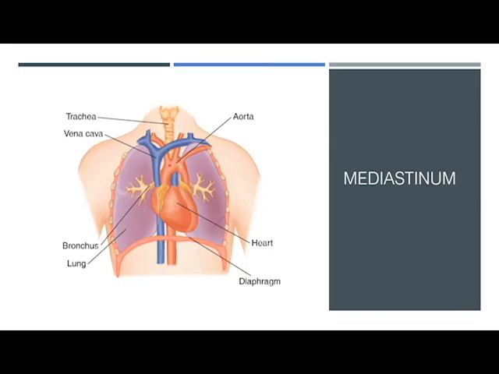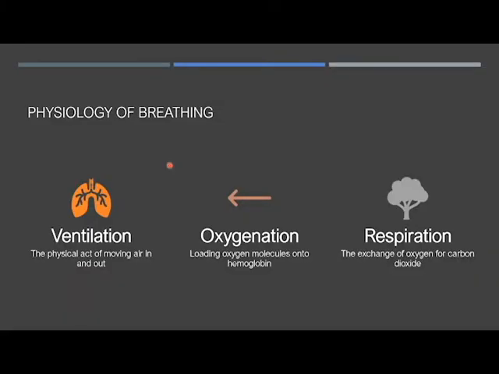Okay. So moving on from anatomy, we have a little bit of physiology, right? We have 3 key things here. We've got ventilation, oxygenation, and respiration. Ventilation is just the physical act of moving air in and out. It's something that we do naturally ourselves, but it's also something that us as an EMS provider can manually do. So we can manually ventilate somebody,